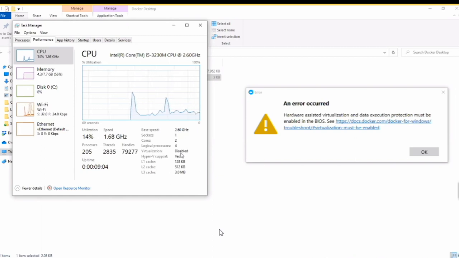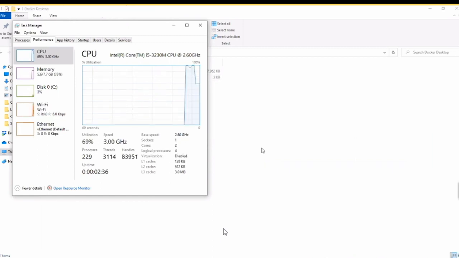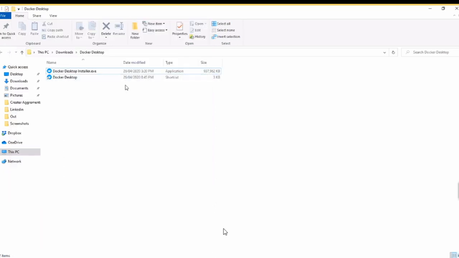Okay, so let me get it enabled. That can be enabled only through the BIOS options. So I have enabled it at the backend by going to the BIOS settings, and there I have enabled virtualization. You can search on Google for how your desktop or laptop can have virtualization enabled and follow those steps. Or if there is any issue, you can write in the comments and I will help you with that. So we have virtualization enabled now.